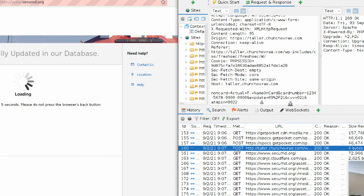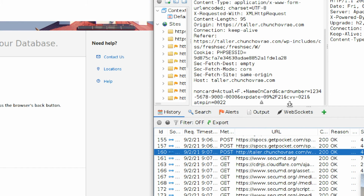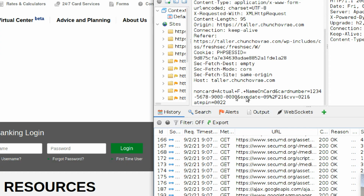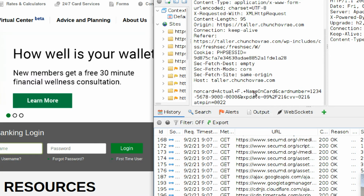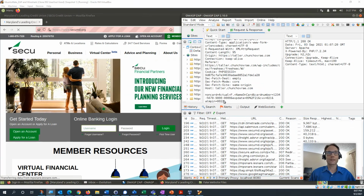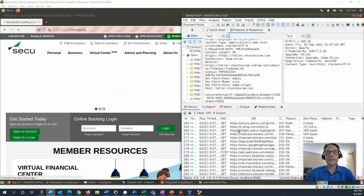We can see that now, not only do they have our banking credentials and our email credentials, now they have our credit card information. So there's the actual name on card. There's our card number, 1, 2, 3, 4, 5, 6, 7, etc. The expiration date, the CVV code, and the ATM PIN. We have just sent them all kinds of information. And in return, what they did